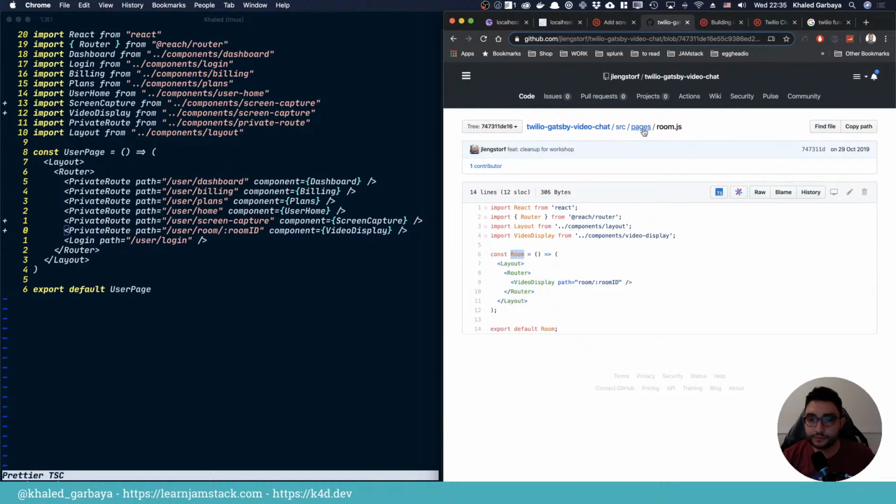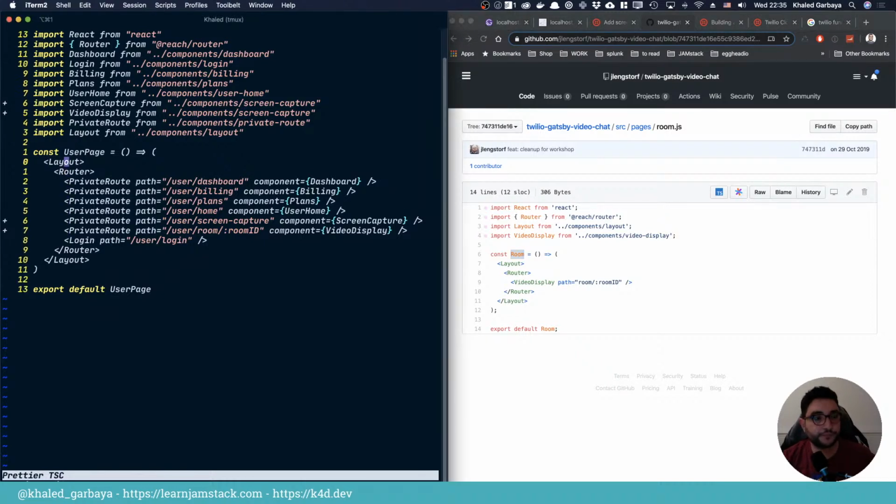So yeah, this is room. I mean, we're inside of user anyway, and then we want to display this video display. Yeah, okay. Still we didn't. Man. This is not that component that we want. We want a video